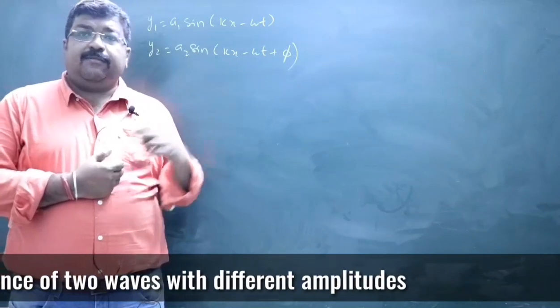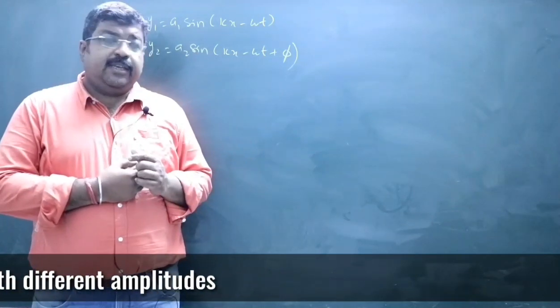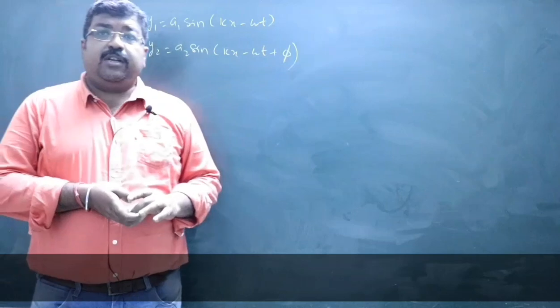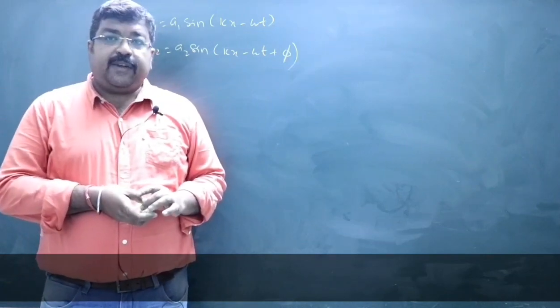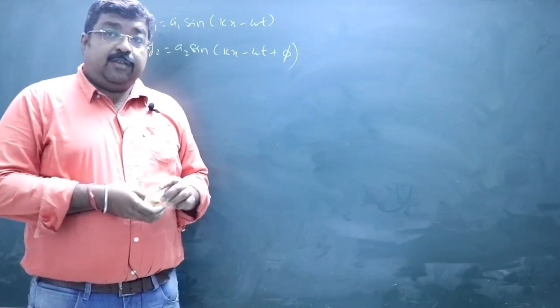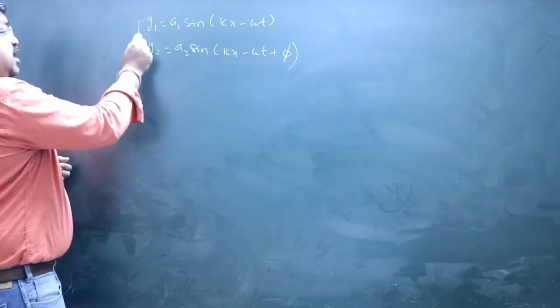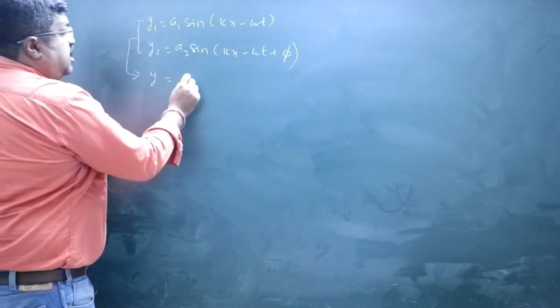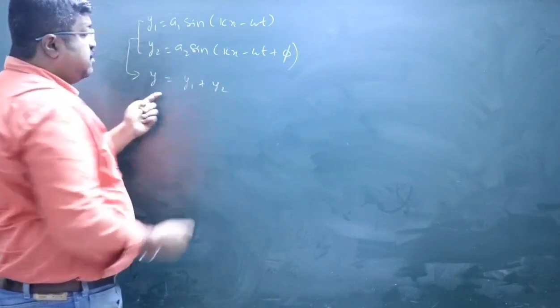Both the waves in this case are traveling along the positive x-axis, and they have a constant phase difference. So the condition for interference is satisfied. But here we have taken two waves with different amplitudes. Now, on superposition, the resultant wave again will have the displacement y1